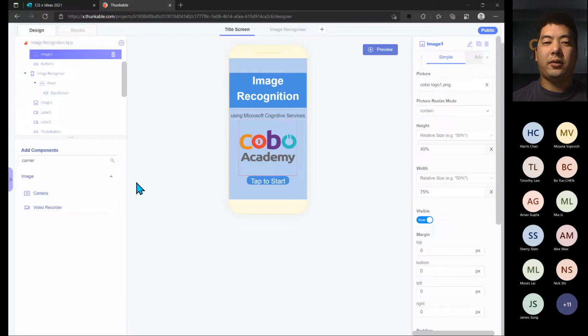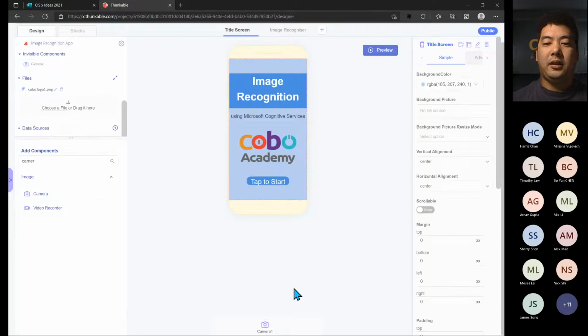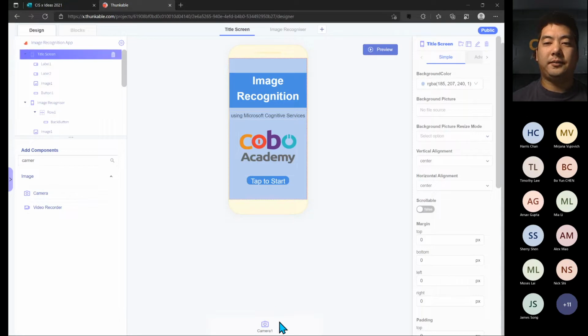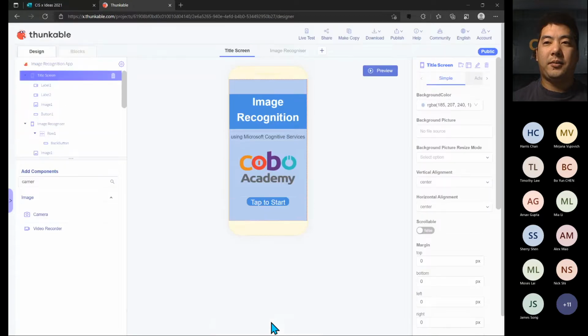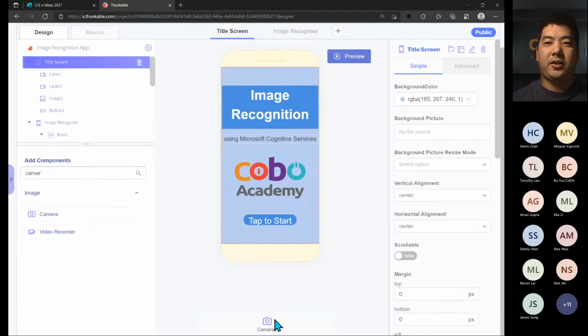Okay, drag it onto the screen. If it doesn't add straight away, it should add at the bottom of the screen, down here. Sometimes you might have to scroll down a bit to see. It should be at the bottom of the screen, camera 1, because it's not something that you can